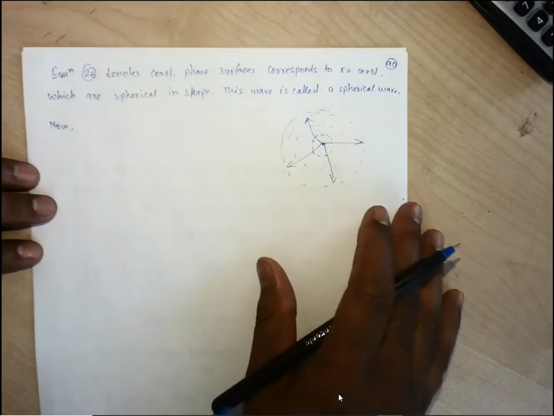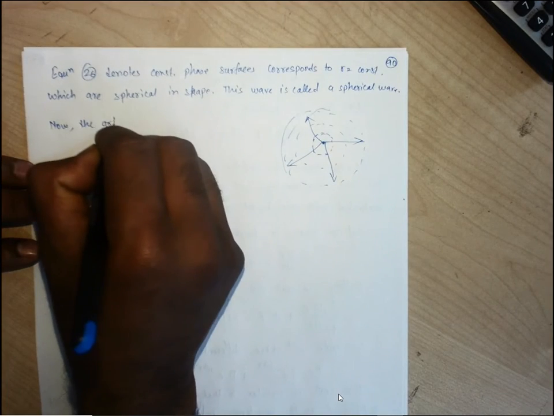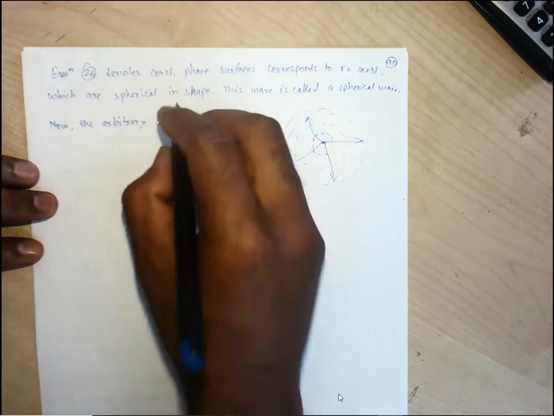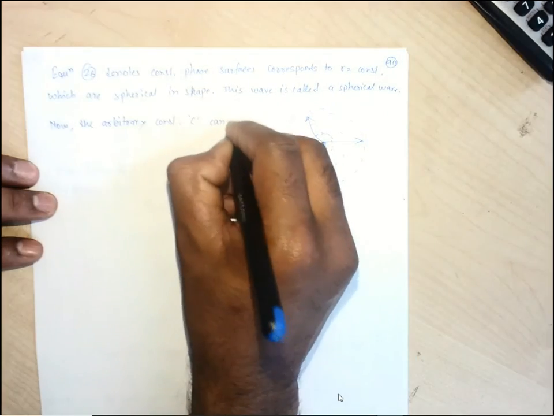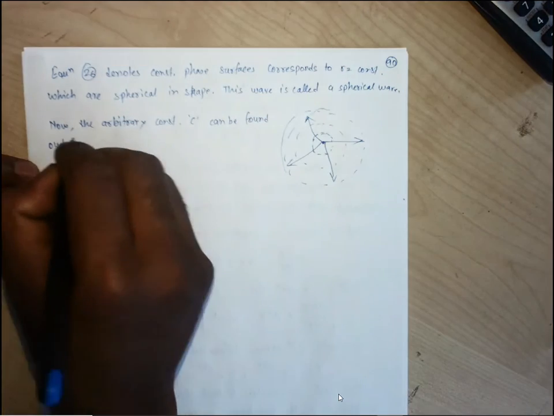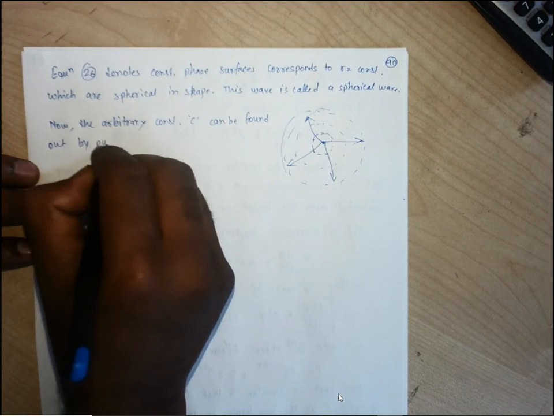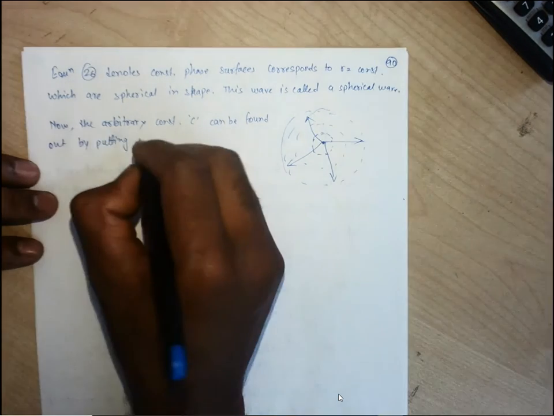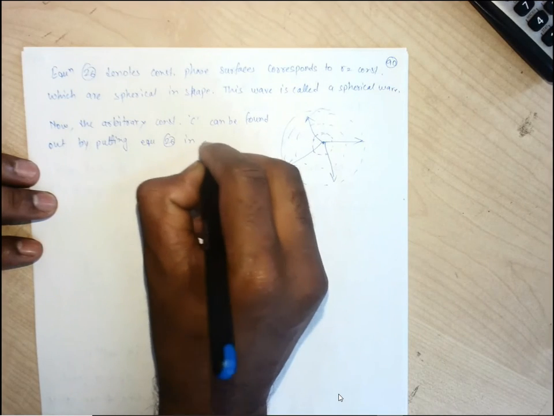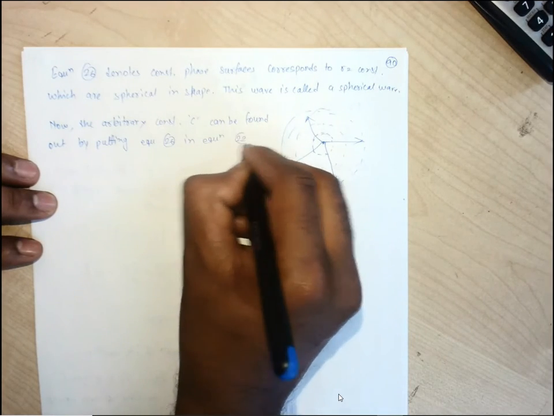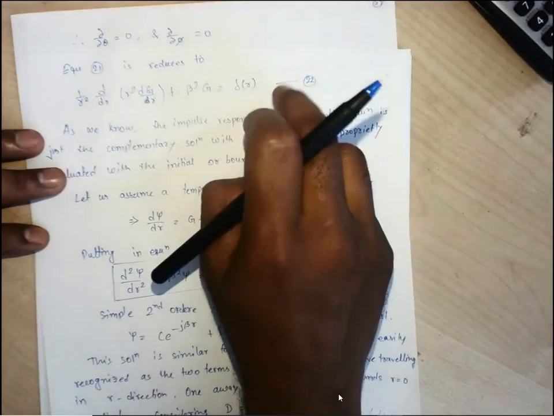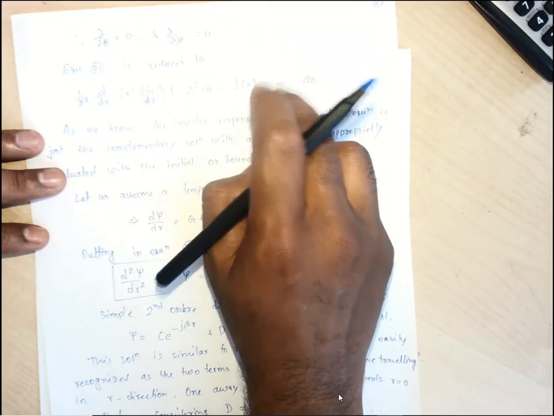Now the arbitrary constant C can be found out by putting equation 26 into equation 22. If we put the value of this g here,